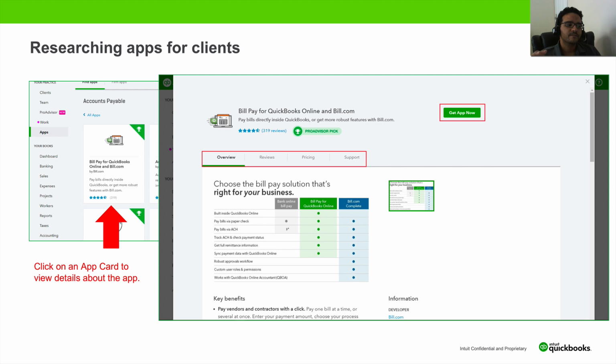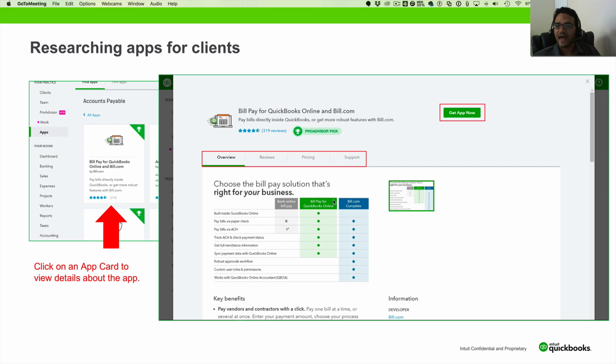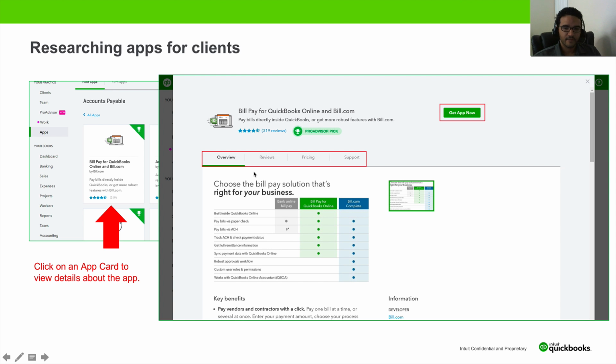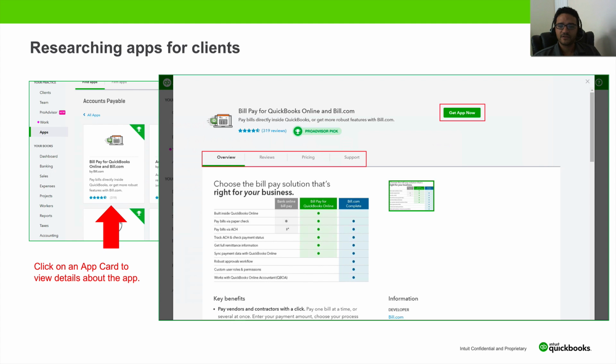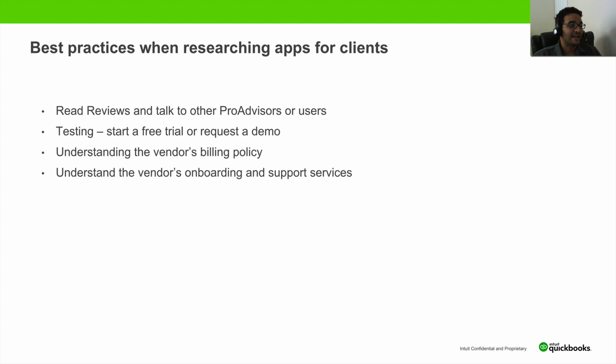So in apps.com, when you click on that app screen, those are only Intuit approved apps. So you want to keep in mind that there are other apps, but only Intuit approved apps are the ones that are important. Okay. And by the way, this sounds like sort of a sales pitch to QuickBooks and apps and all that stuff. This is actually part of the exam as well. Okay. It's really important as a pro advisor that you know that apps are something that will be part of